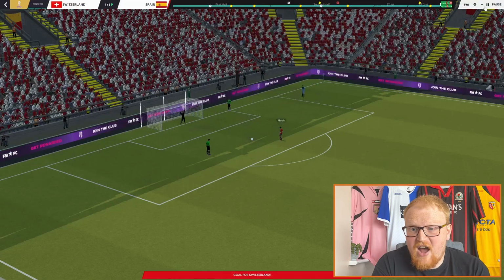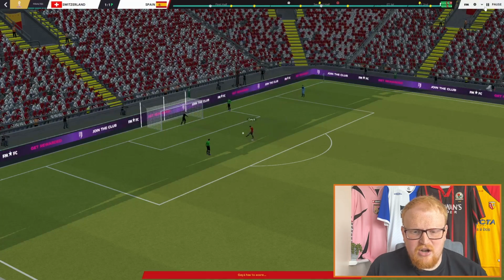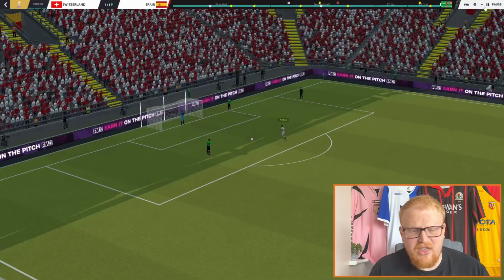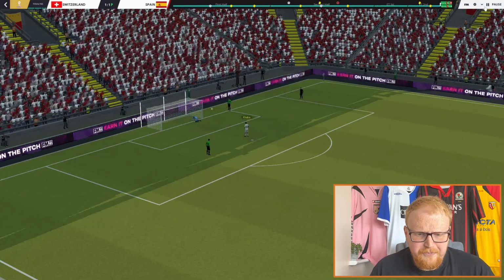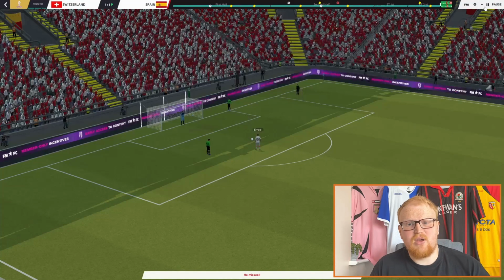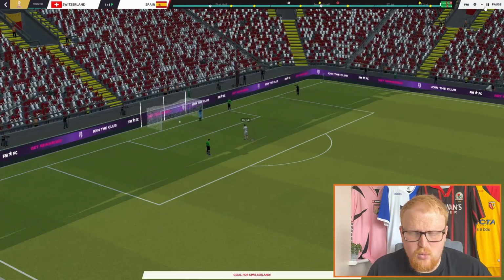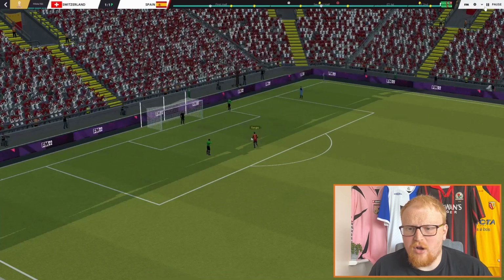Not yet though. 5-5 on penalties, I think it got to, and then Gaia stepped up, scored. I think that one made it 5-5. Xhaka misses. That is when the misses start happening, but they aren't all of it. Spain missed a penalty as well just after there. We've not seen that one, and we continue.